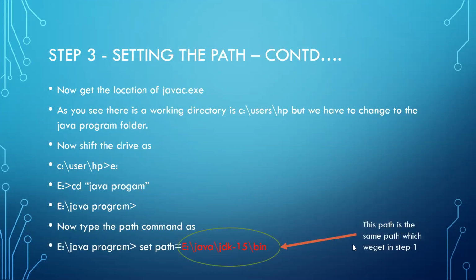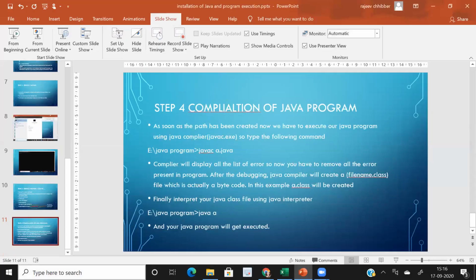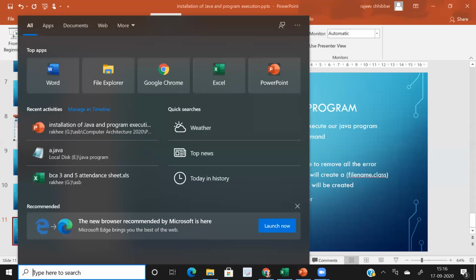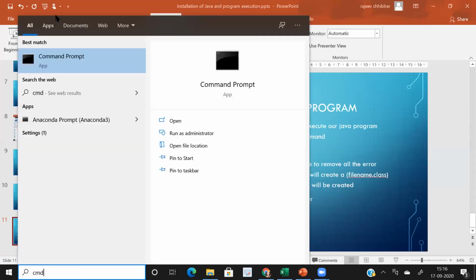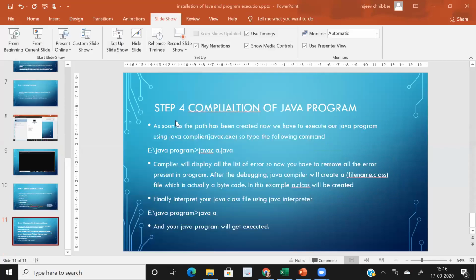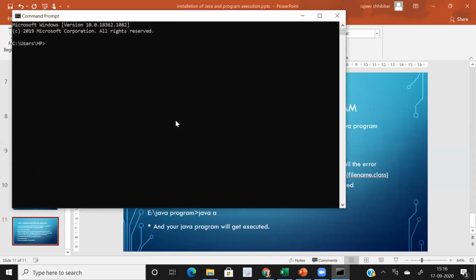So first of all, we will see how we reach there. I will share my screen, then you can see easily. Go there, CMD, run, CMD. It will come here. Either you have to press enter key or click on open. This is my c:/user HP. Maybe it will differ in your case, but in my case, this is the same.